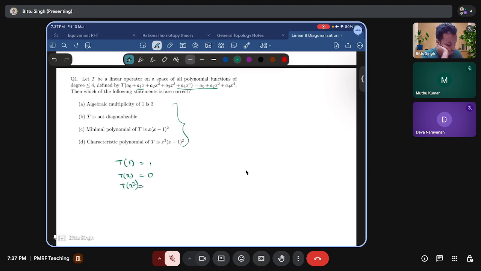T of x squared is x squared, T of x cubed is 0, T of x to the power 4 is 1. So the matrix representation of T with respect to the standard basis 1, x, x squared, x cubed, x^4